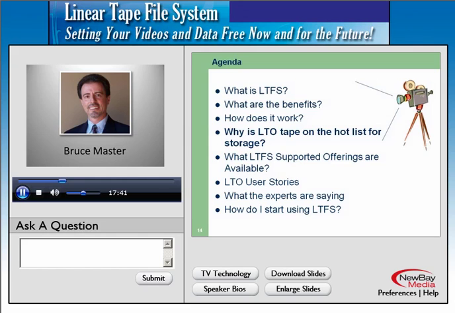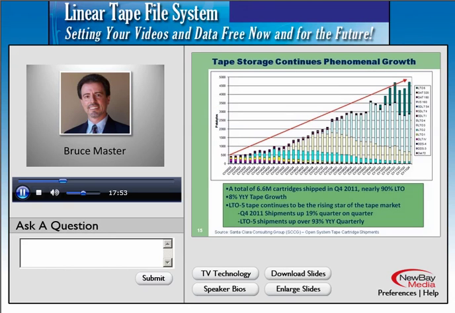So, why is LTO tape technology considered to be on the hot list for this decade? But let's take a close look. First of all, tape is on the rise. It's been experiencing some phenomenal growth. In this chart from Santa Clara Consulting,